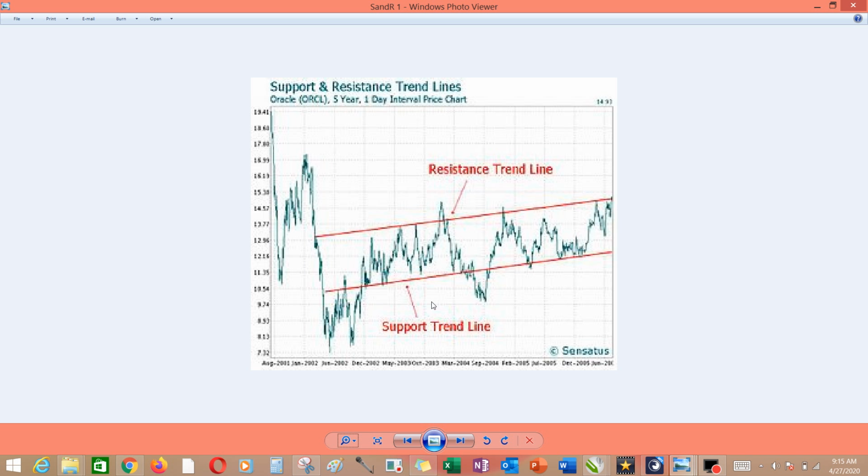So that is what we call support and resistance level. If you look at this image, you can see the line at the top. The line at the top marks the top of the charts on the image. You can see here and here. You can see that they all form a resistance level.